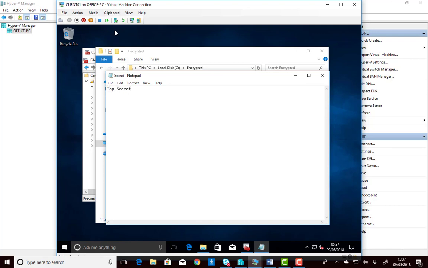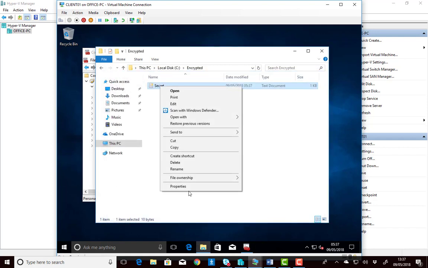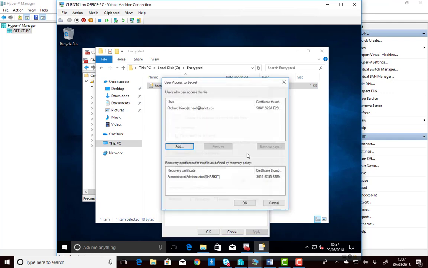And as you can see, this user has no problem at all opening, saving and working with that document. If I look at the properties of that file and select the Advanced tab again and select Details, I can see the thumbprint of the certificate that's actually been used to perform that encryption. You can see it's the certificate with the thumbprint beginning